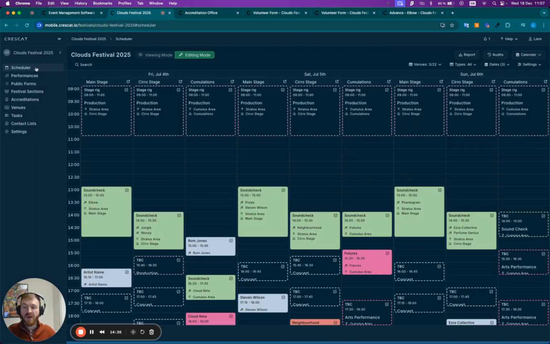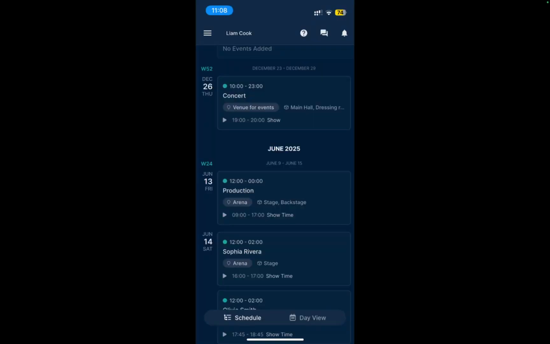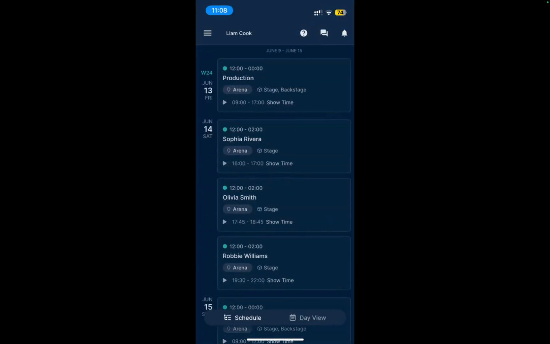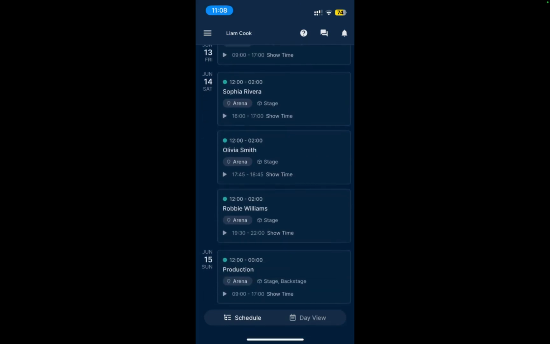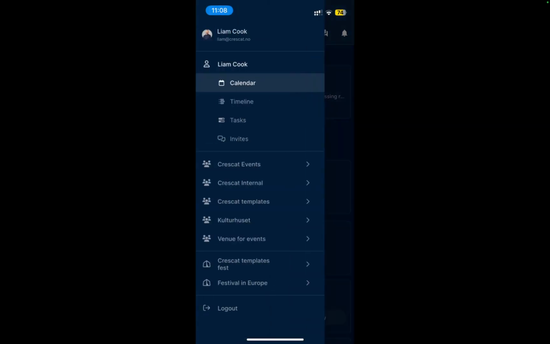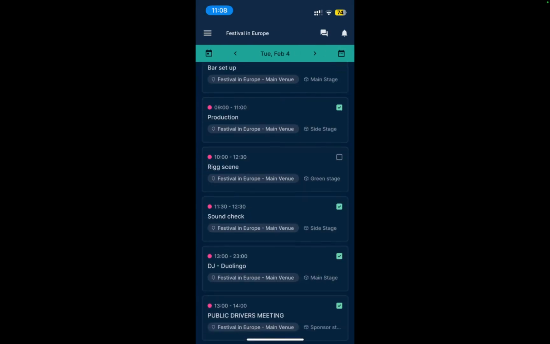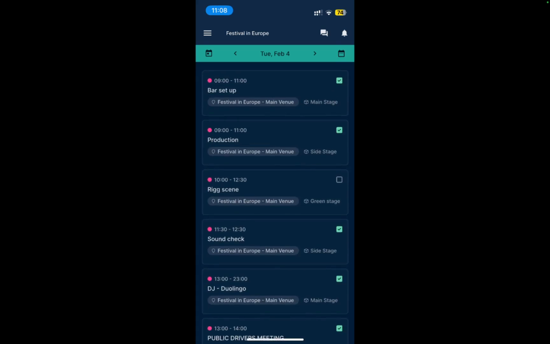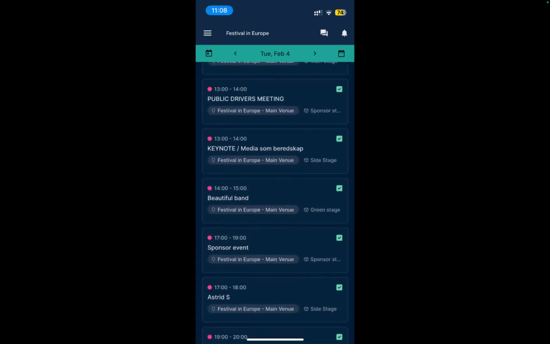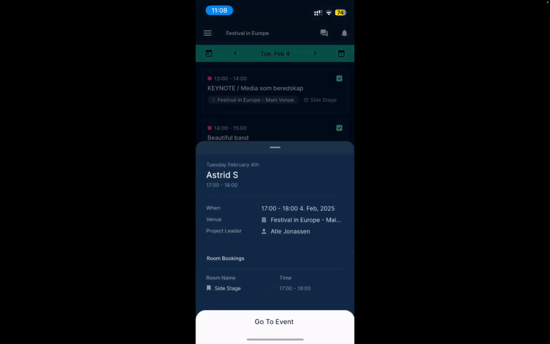There's obviously a lot more I could show you in Crescat today, but I'm going to finish up by briefly showing you the Crescat Companion app. When you log into the Crescat Companion app, you as an individual user will be able to see all of the events that you are attached to. But on top of that, you will be able to, as a festival admin, see all of the events related to your festival. And from here, you can actually jump in to a particular event and access all of the